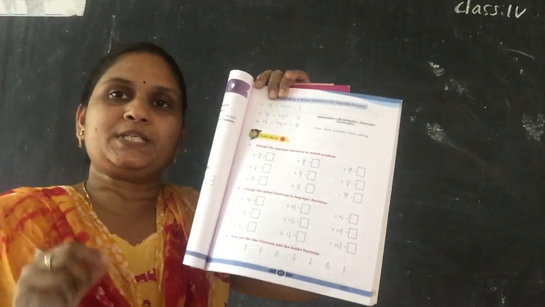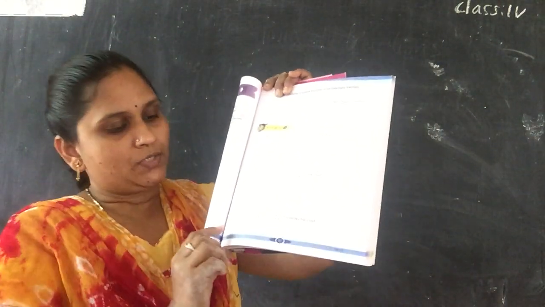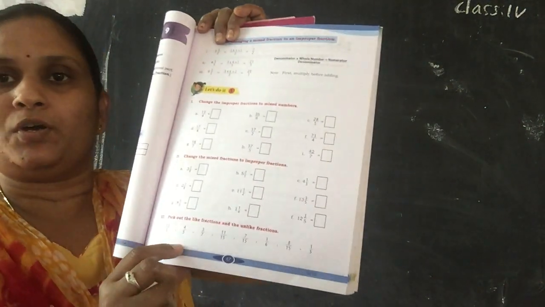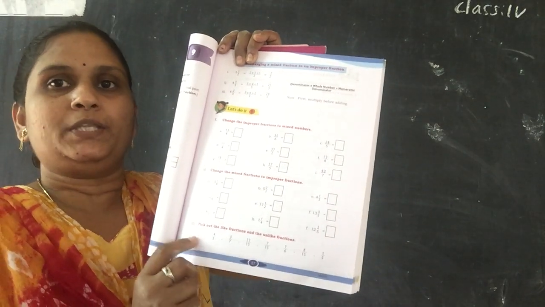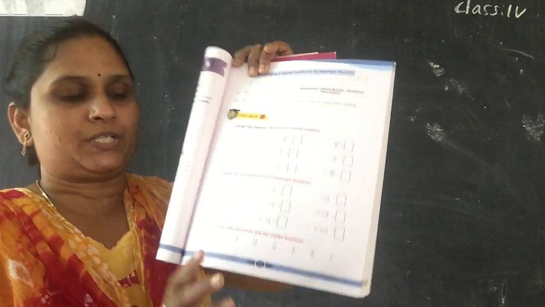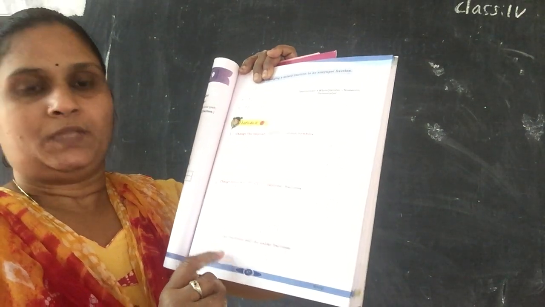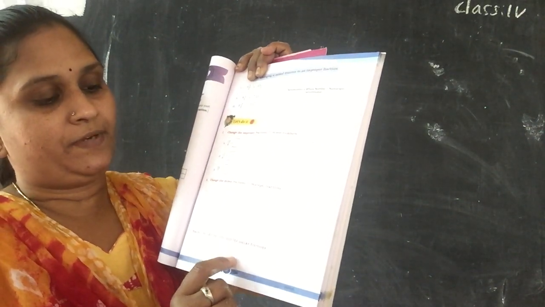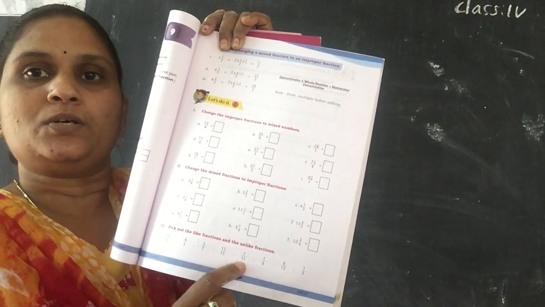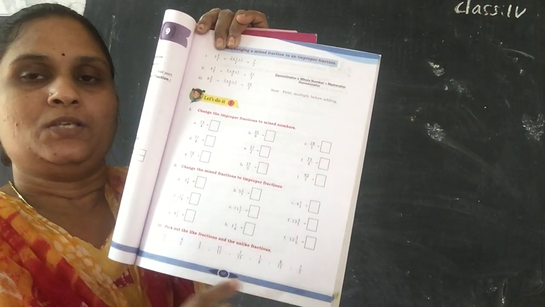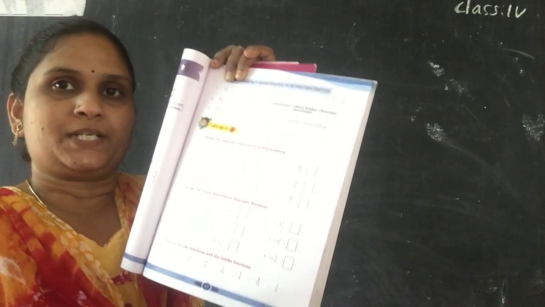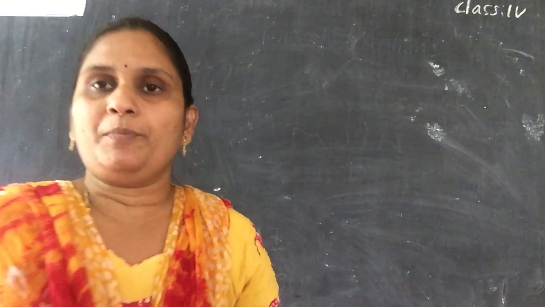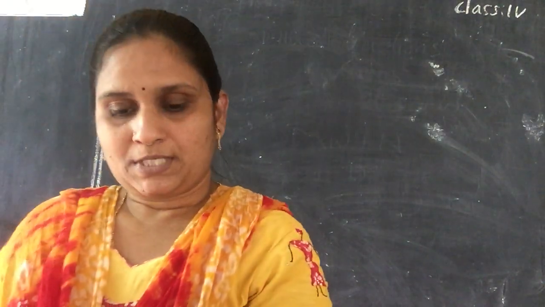See, for example, like fraction means the fractions which are having denominator same. Okay, so here 13 by 5 and 4 by 5. First two numbers we are having denominator as 5. So these two will come under the like fractions. And next 3 by 7 and 11 by 15, 7 by 15. So here also two like fractions are there. So apart from these like fractions, remaining all will be unlike fractions. And unlike fractions means the denominators which will not be the same.